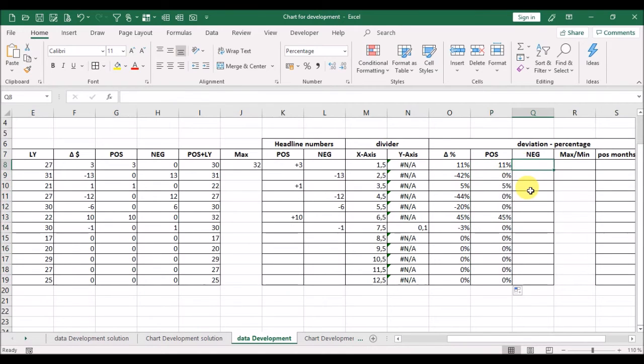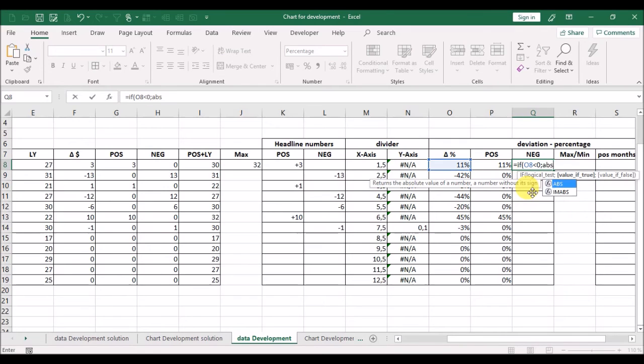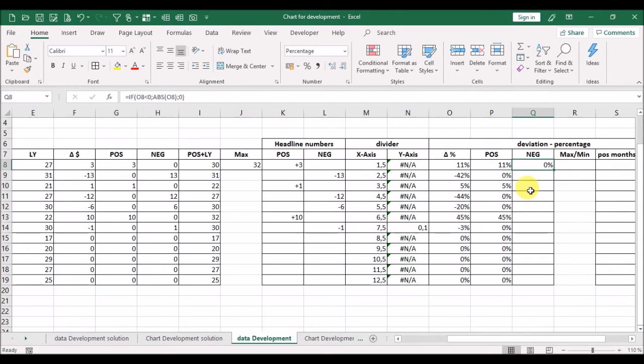And for the negative deviation, we say if the deviation is smaller than 0, then ABS for absolute value of O8; semicolon 0, and we copy it down.